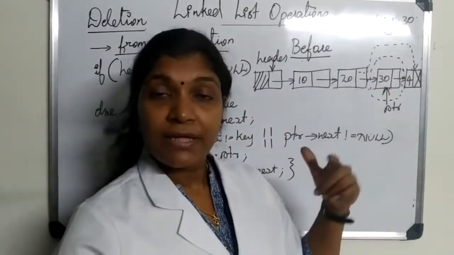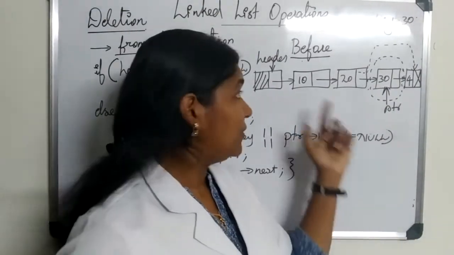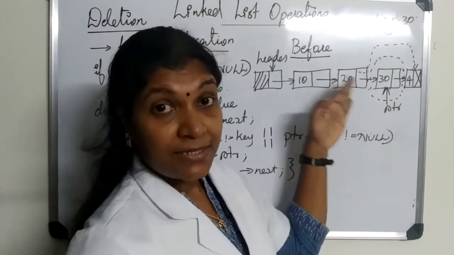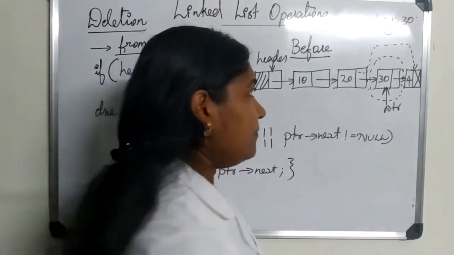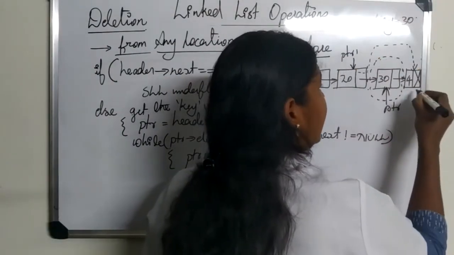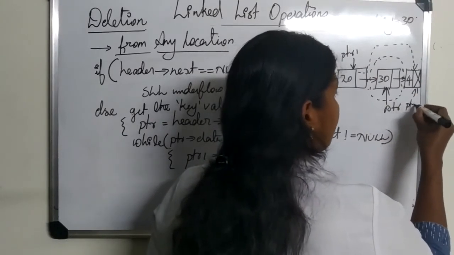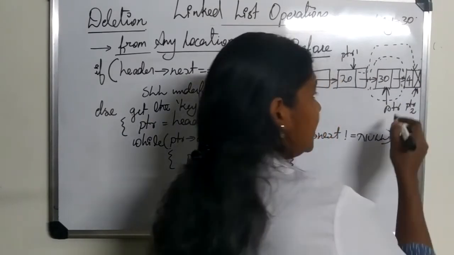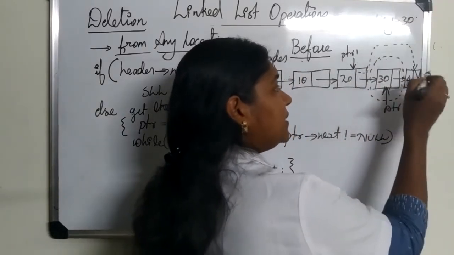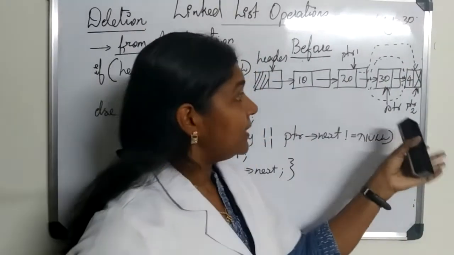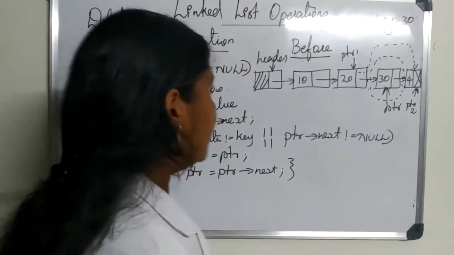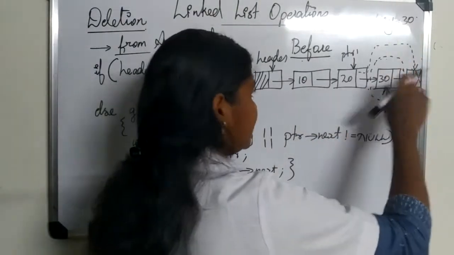And to give a name to the next node, that is very easy. We always do that by making PTR point to this node. How do we do that? PTR is equal to header dot next, right? So like the same, let's assign one name PTR1 to this node and PTR2 to the last node. But how can this link be set? PTR1 dot next is equal to PTR2. So by providing a name to both the nodes, the operation will become very easy. Okay. So all these methods we know already.